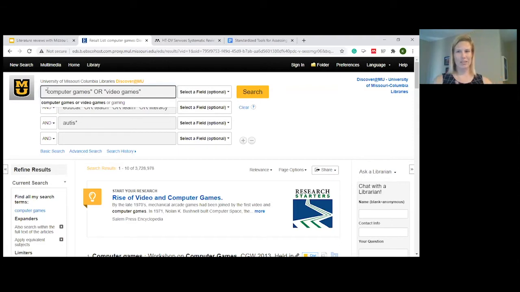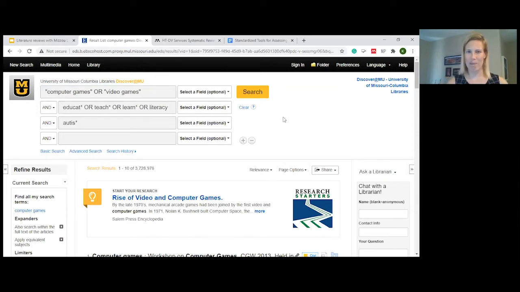Medical databases are a little bit weird. PubMed, Medline, sometimes CINAHL. CINAHL works both ways because they tend to rely more on MeSH, or medical subject headings. And so talking to your subject librarian for health sciences is a really good idea in that category. Or you can reach out to me again later.